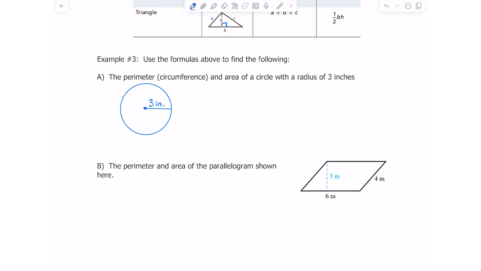Okay, and let's find first the circumference. So remember, you have 2 choices when it comes to circumference. You could either do pi times diameter or 2 times pi times radius. Since I'm given the radius, I'm going to use the 2 times pi times radius formula. And remember, pi, we're just going to approximate using 3.14, and the radius is 3. And if I multiply all of that out, 2 times 3.14 times 3, I get about